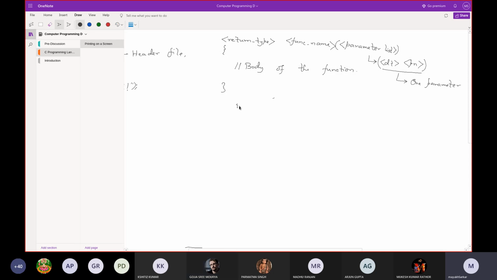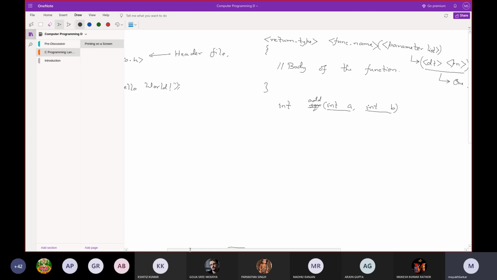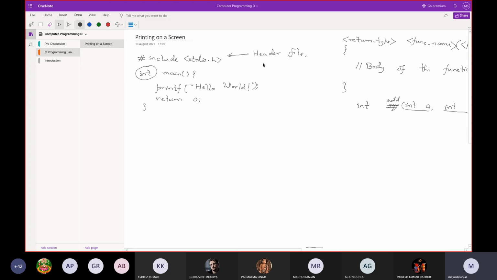Clear. As for example, maybe I can write an add function, int a, int b. This is one parameter, this is another parameter. This completes the parameter list. Now, here int is the return type.